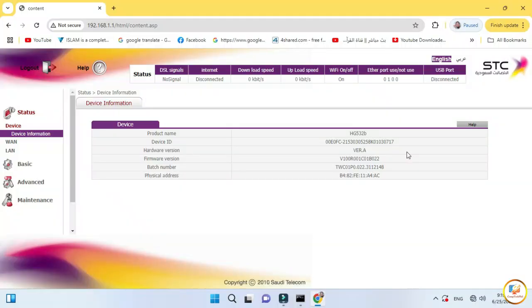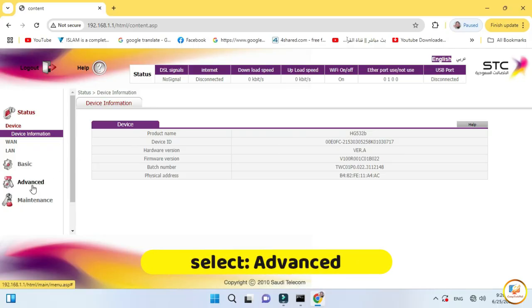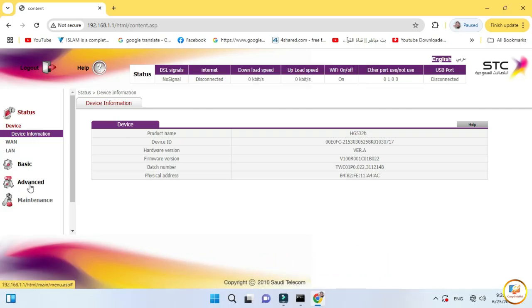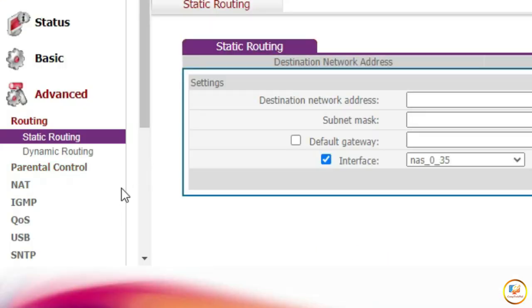Now, the fourth step in order to make this an access point is we're going to configure this router. What we need to do is go to advanced on the left side.